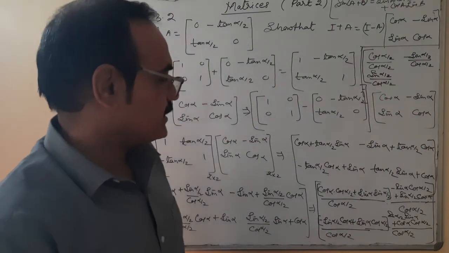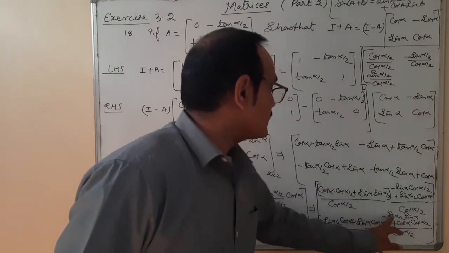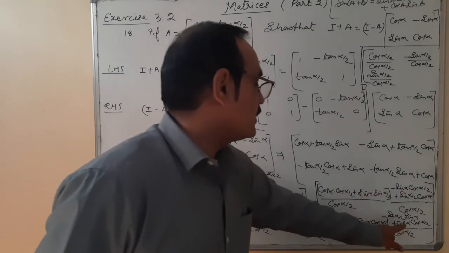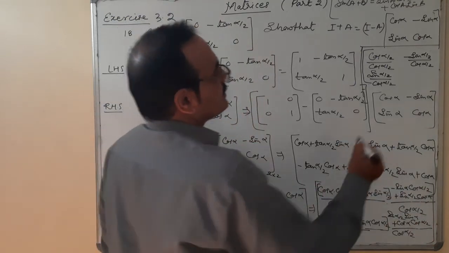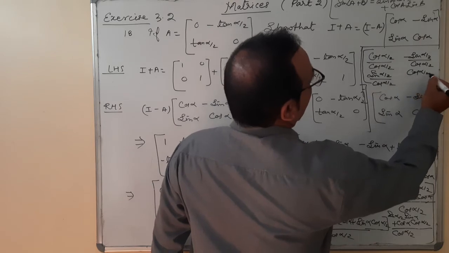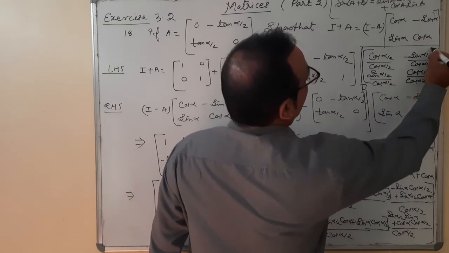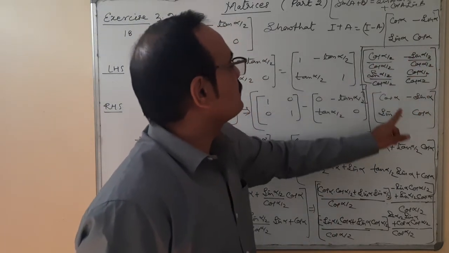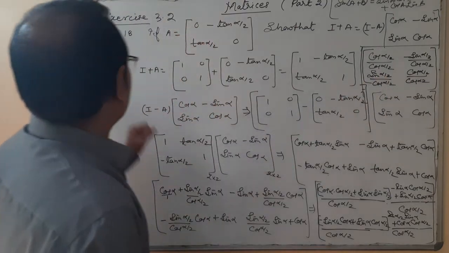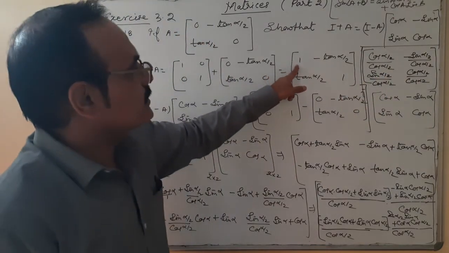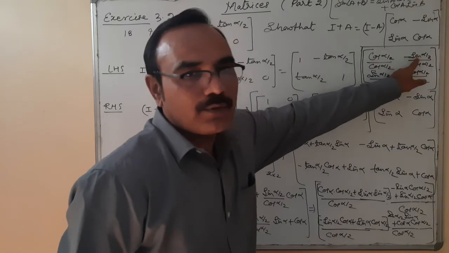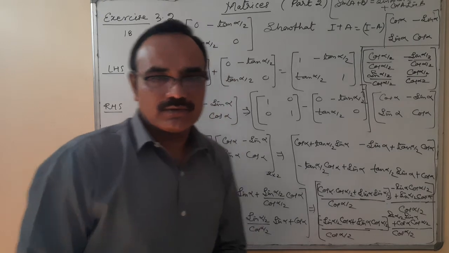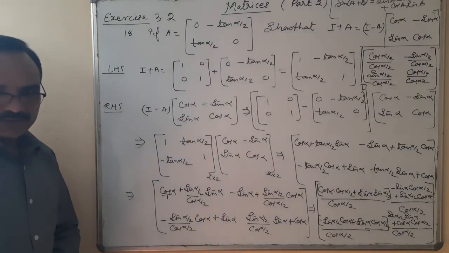Okay. And last is cos A cos B plus sin A sin B, cos A minus B. Cos alpha minus alpha by 2. So it is coming cos alpha by 2 upon cos alpha by 2. So now what is coming here? This cancels, 1 minus tan alpha by 2, it is tan alpha by 2 and it is 1. And the left hand side you can see 1, 1 minus tan alpha by 2, tan alpha by 2 and 1. Hence LHS is equal to RHS. Okay.